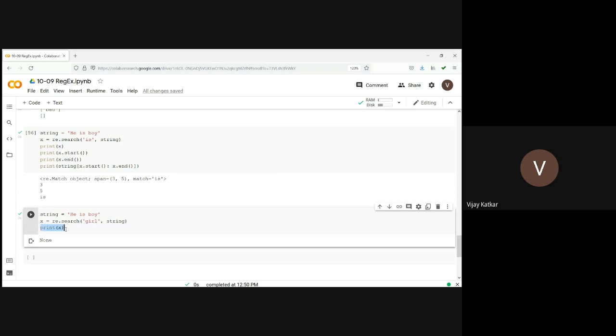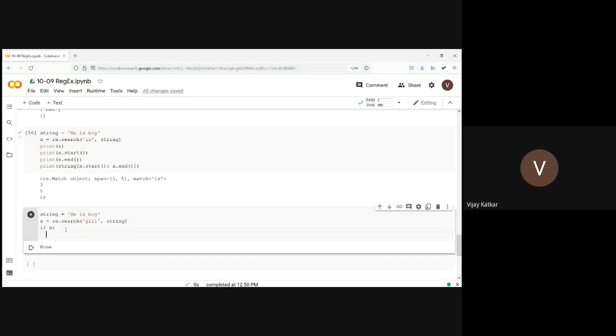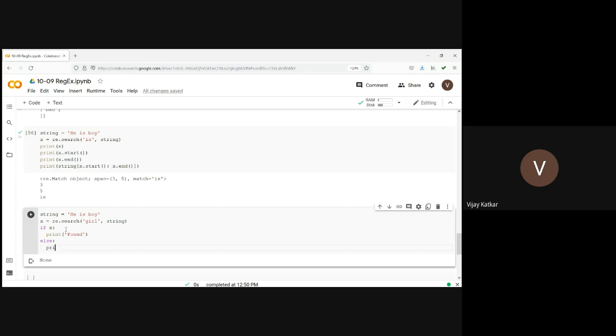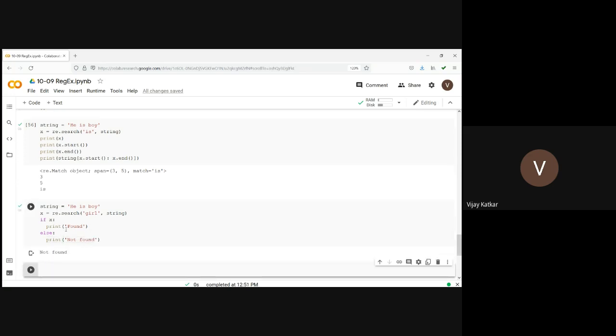Can I check something like this? x, if x, let's say print found, else print not found. Can I do something like this?